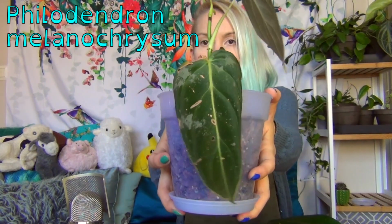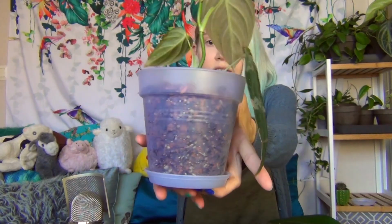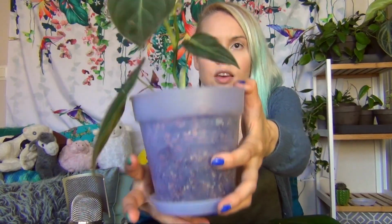And last, and definitely not least, is my very first purchase in the month of June. It's a Philodendron melanochrysum. That's the oldest leaf. It has some mechanical damage at least, but maybe some pest damage as well. So it had all these 3 leaves when I bought it. I bought it from another collector. Very happy with it. It was doing a leaf when it got to me, but as you can see there,